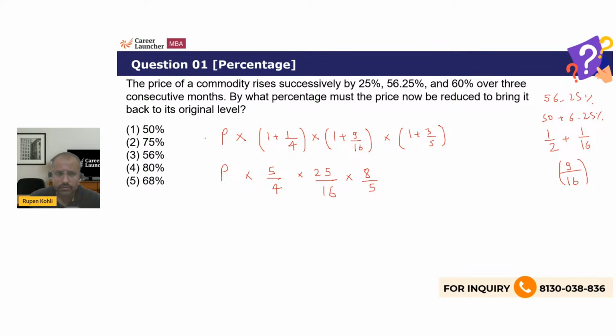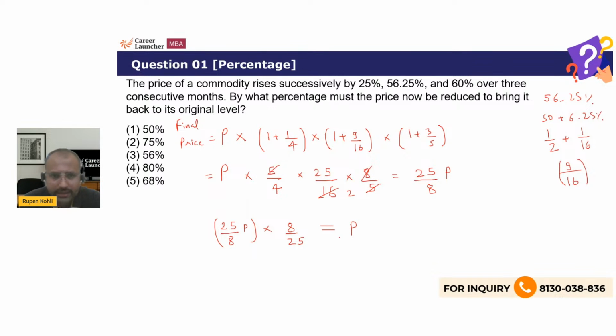So the final price, if P is the original one, has become how much times? P into this, which simplifies as 8 cancels with 16, 2 remains, 5 cancels with 5, 25 by 8. So the final price becomes 25 by 8 times the original. So if the price has become 25 by 8 of the original, this needs to be multiplied with a factor of 8 by 25 to regain and come back to the original price,